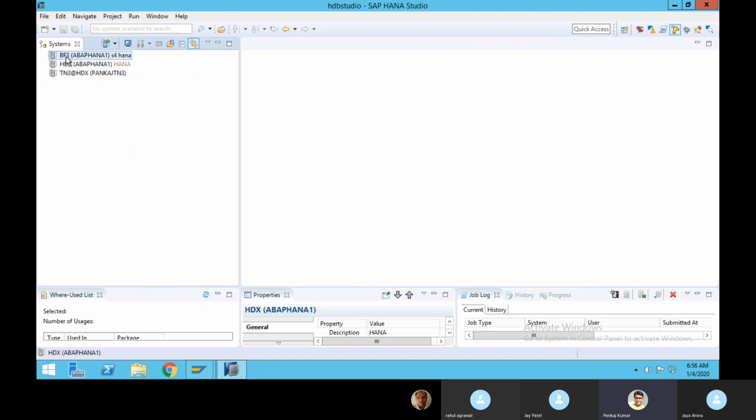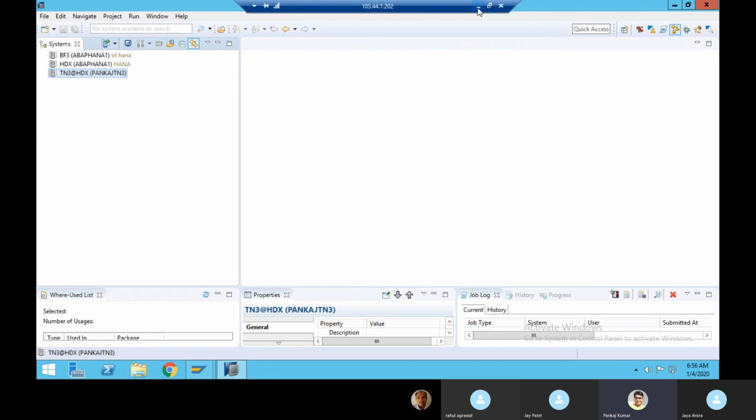This may be different instances or separately different HANA database servers. Anything is possible. This TN3 is our instance which they have allocated to me for my purpose. Earlier it was not there. I have just asked them to add this one.